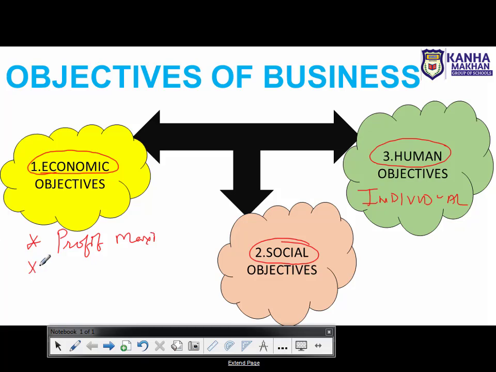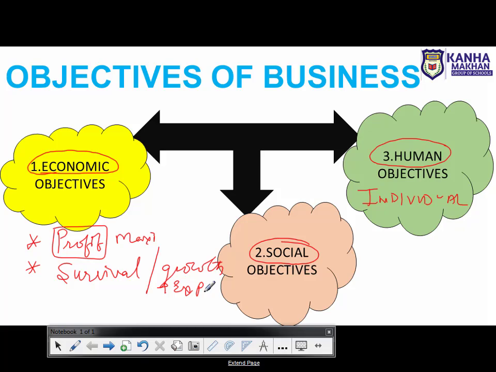After that, why am I going for this profit maximization? Profit maximization मैं क्यों करना चाह रही हूँ? Why? So that I can have sufficient funds, sufficient profit, so that the business can survive or it can go for the growth and expansion opportunity. ठीक है, it can go for the growth and expansion opportunity, right? So these are the types of economic objectives, means these are the particular reasons or things which a businessman is keeping in mind before going with this economic objective.